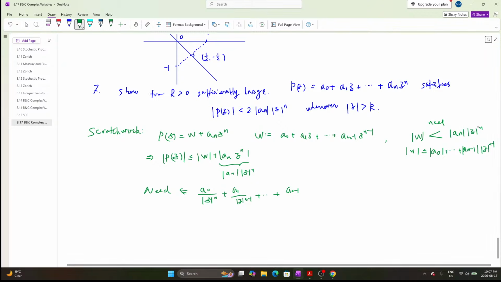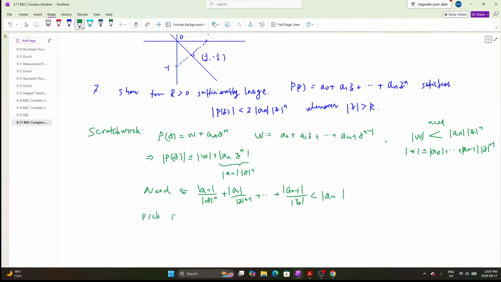For that, let's divide by the modulus of z to the n on both sides. Each term on the left is less than the absolute value of a_n, and this is doable because every single term tends to 0 as the modulus of z tends to infinity. So therefore we can just pick. How many terms are here? From here we have n terms, here we have m terms. So we can pick